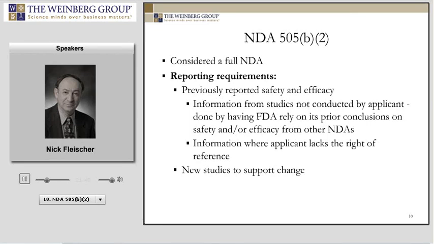Now, if there are some changes in the NDA, for example, one of the things that I will be discussing as examples of a 505(b)(2) NDA is a new indication. If a sponsor feels that they can develop a product with a new indication, then that specific indication would require clinical studies. However, as I mentioned earlier, some of the information, for example, preclinical tox, safety and tox information, can be relied on because that may be applicable to the new 505(b)(2) NDA and would not have to be repeated. However, for a new clinical indication, there would be requirement for new clinical trials to support that indication.